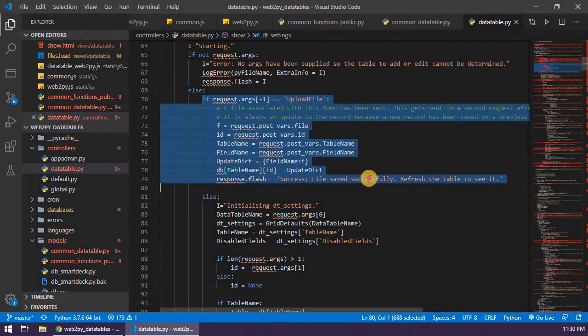This does some tricky stuff which I haven't looked at in any of the videos, but the uploading of a file doesn't work in an Ajax format, and I don't know enough about Ajax yet. All I know is that it said in the book that you couldn't upload a form using the standard web2py form. So this is my attempt at enabling the upload files, and it kind of does some tricky stuff